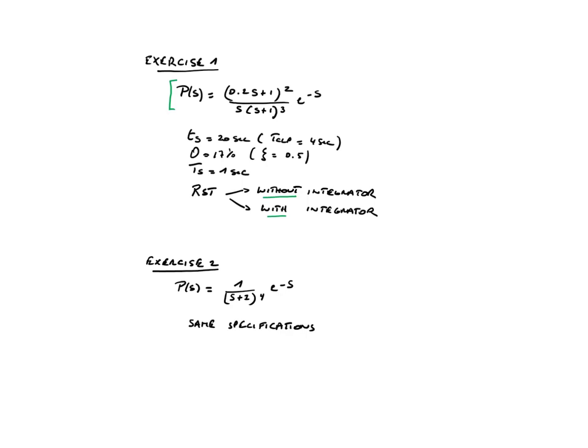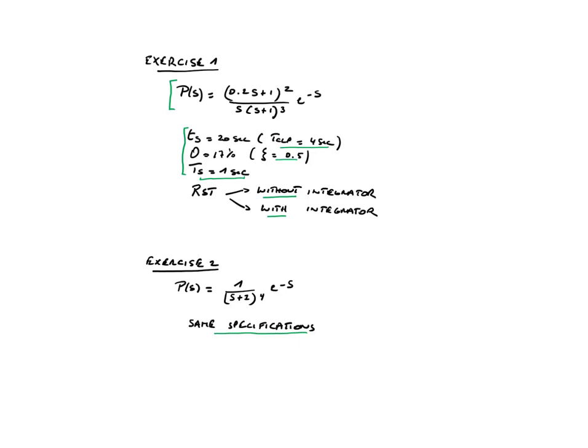And in the second exercise, we'll treat this case: 1 over (s + 1)^4 and then exponential of minus s, so again a delay of 1. And in both cases, these are the specifications, right? A settling time of 20 seconds, so this is equivalent to saying that the closed loop time constant is 4 seconds, an overshoot of 17%, so this is a damping ratio of 0.5, and